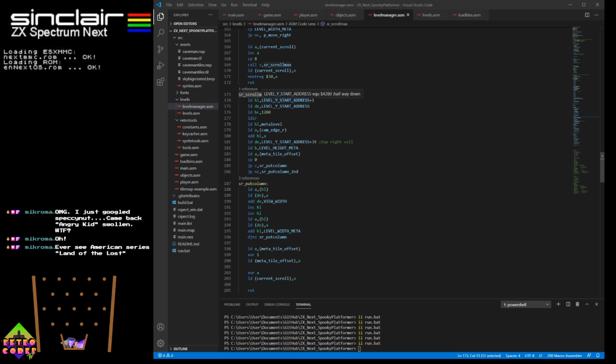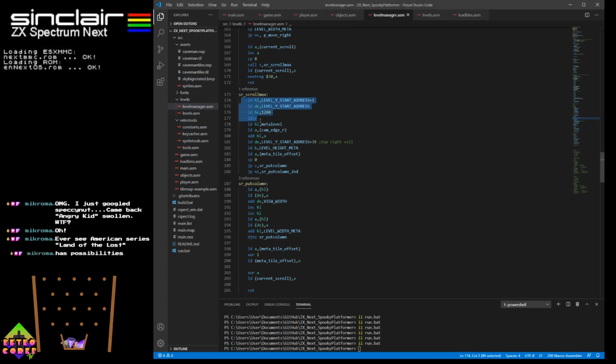So at this point, does the mass copy, looks up the map, moves to the right edge of the screen,